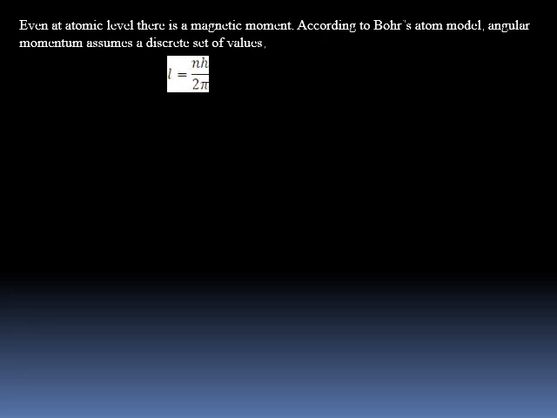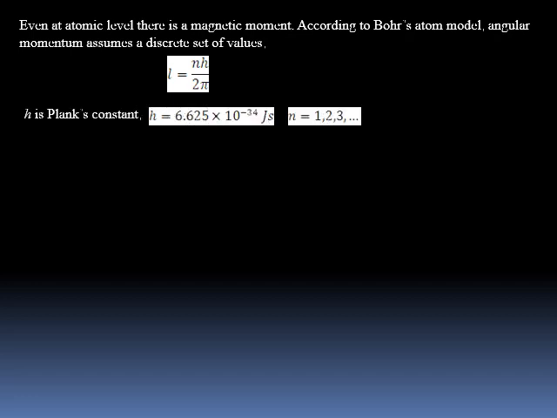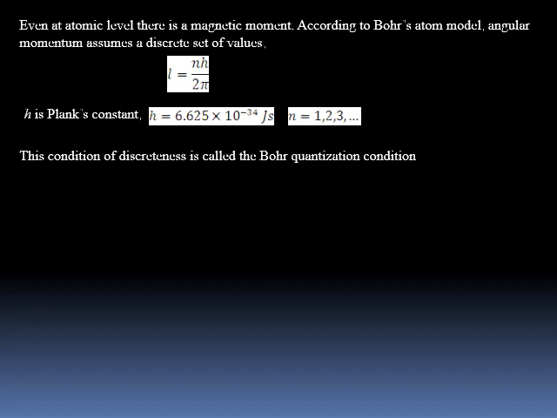Now let us find out what the value of the Bohr magneton can be. For that we will consider Bohr's atom model's angular momentum as usual. L is equal to NH by 2 pi. Here we will have to find out for the hydrogen atom, so what we will be considering is N is equal to 1. You have discrete values for N equal to 1, N equal to 2, N equal to 3. So we will be taking Bohr's quantization condition for a hydrogen atom. The elementary dipole moment is obtained by substituting N is equal to 1.